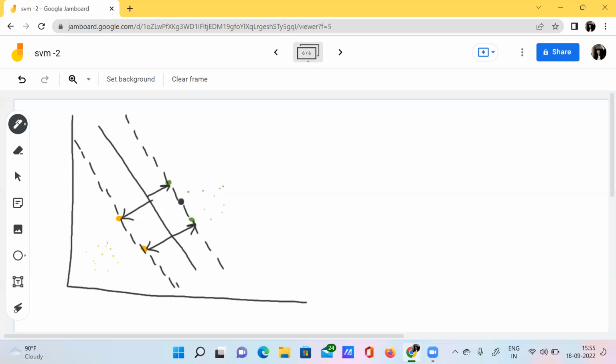So this would be the margin, I can call it a margin, and this is also the margin, right?